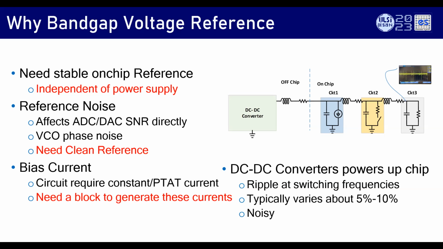Let's say I want to have a DC-DC converter which will give 1 volt. It may give 1 volt plus or minus, let's say, 5%, 10%. You'll always have a spec. No DC-DC converter, no circuit gives an exact 1 volt. And that plus or minus 10% is a function still of